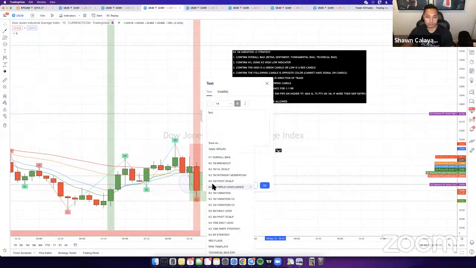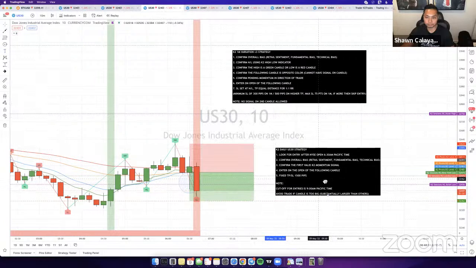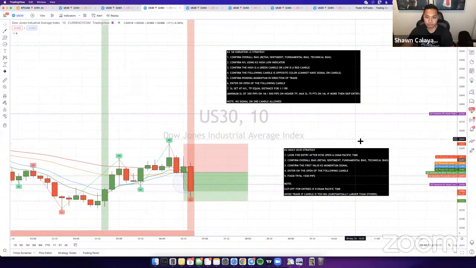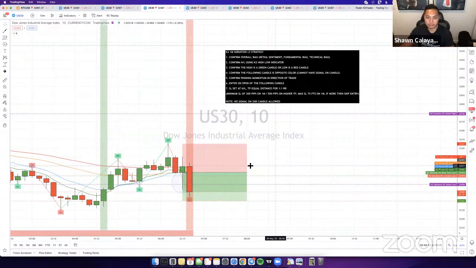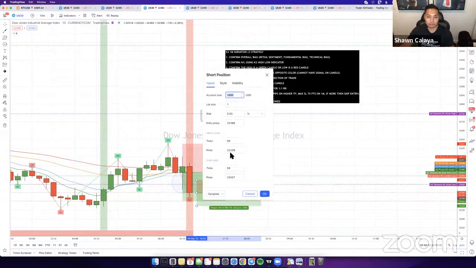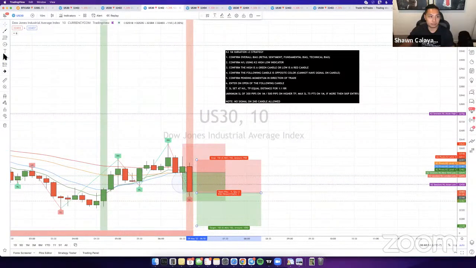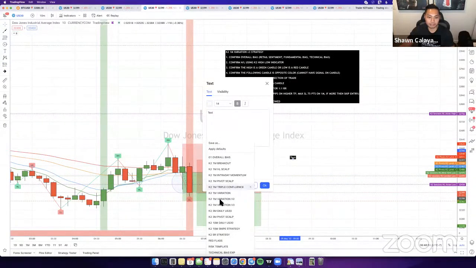So if you guys are not familiar with the daily strategy, this is what Kurt's referring to. This is the third requirement: confirm first, validate momentum signal. So you need the momentum signal in order for you to take it. So if that does close, then technically yes, that would be the daily entry. But the problem with this entry right here is you just got to go back and listen to what I just said, right?